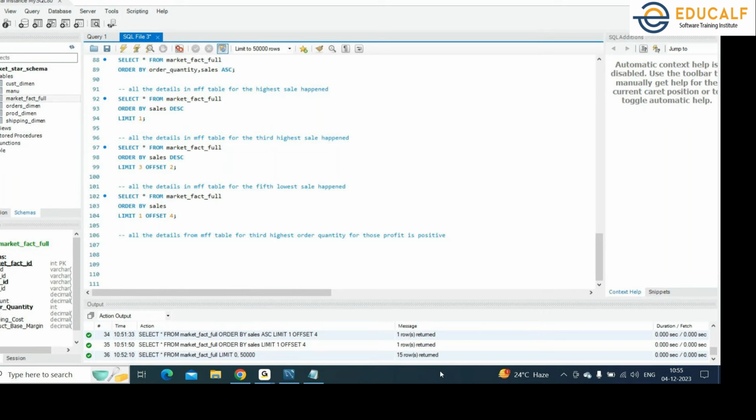Remaining one, anybody have done? You can share it. Okay, let me just give you one clue. It's 56 now. So here, focus upon this. This is the new thing I think you are seeing now. For those, profit is positive. So if you observe clearly,